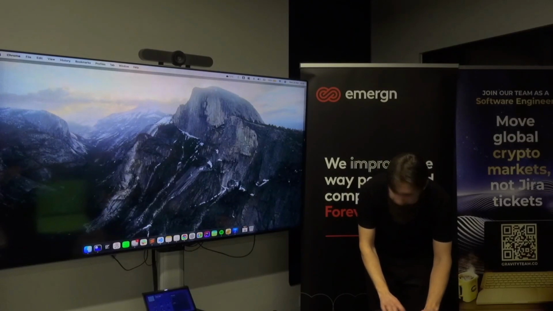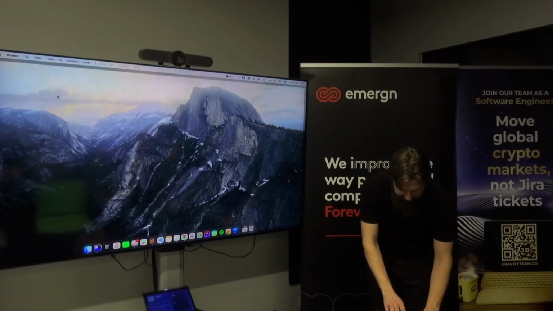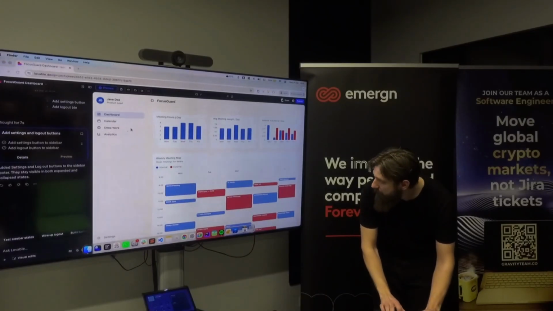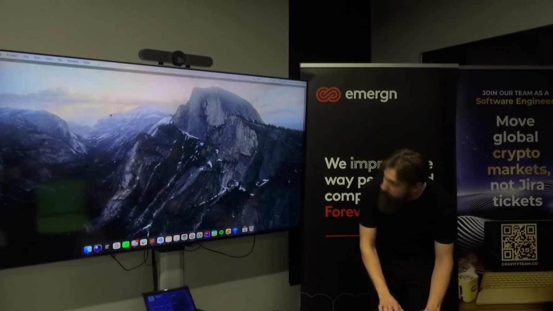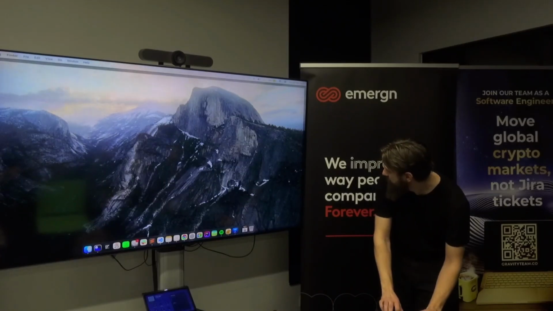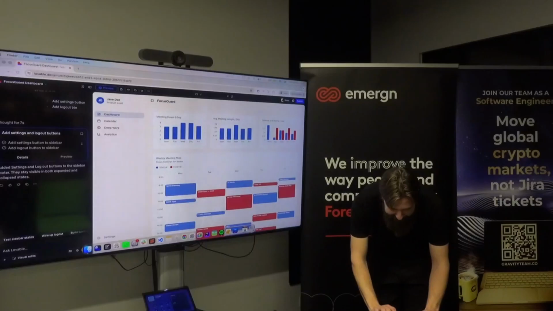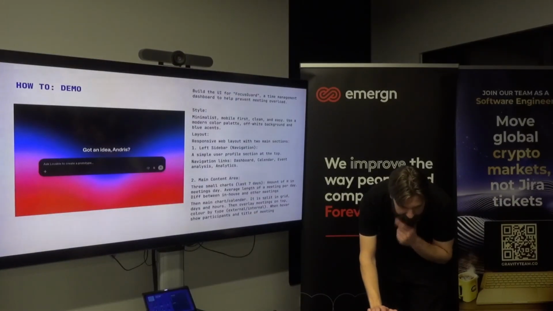And I will try to switch back to my presentation. Where is it? Very sorry, I don't know which way the display goes. Now we got the mouse in the correct place. So yeah,